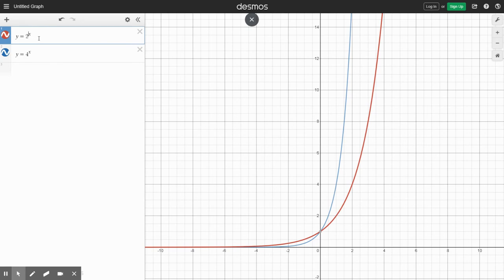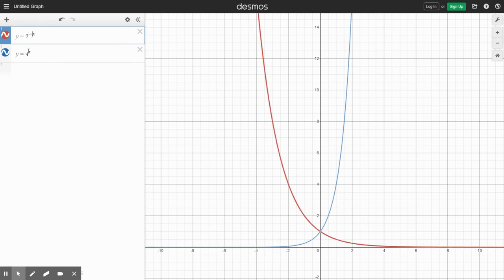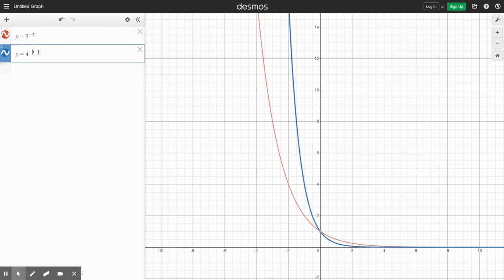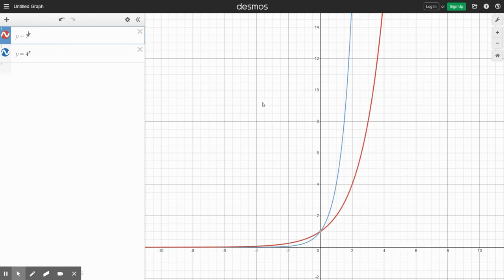So now we're not talking about a positive exponent, now we're talking about a negative exponent. So let's flip that. Let's make this into a negative. So we already saw that if the exponent was positive, then we have an increase in functions. But now notice that, let me just go back to it. This is when my exponent was positive. So if we change it to a negative exponent, notice that